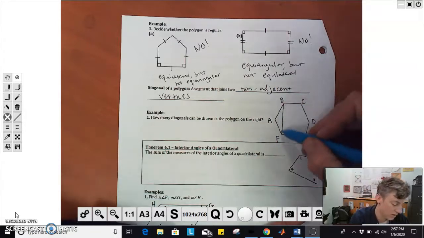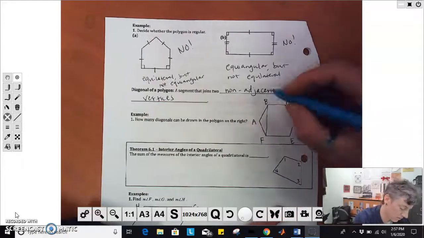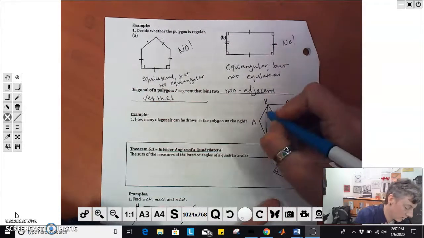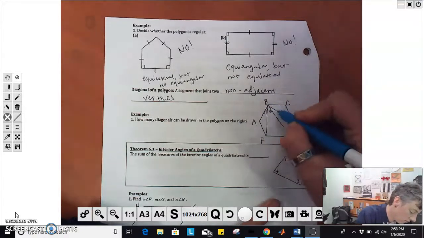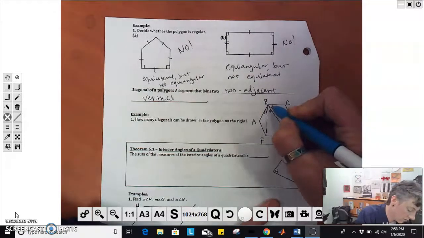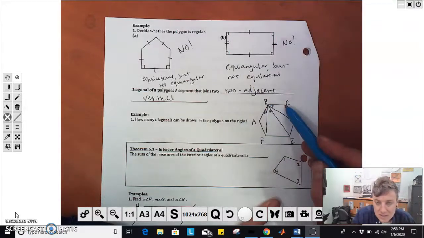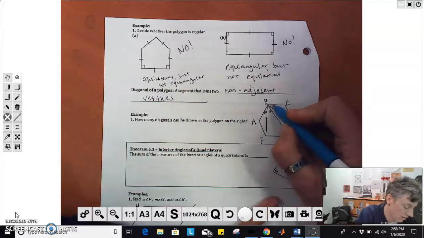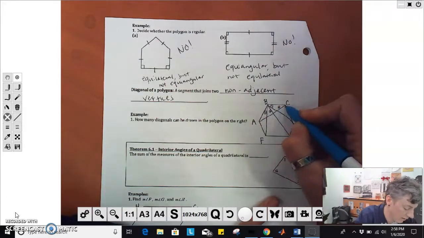We got 1 here. I'm going to move my paper over so I got some space. Maybe I'll label these as I draw them. 1, 2, 3. Look at that nice straight line. Can I draw one from B to C? No, because C is adjacent to B. It's right next to it. So I've got 3 there, 4, 5,